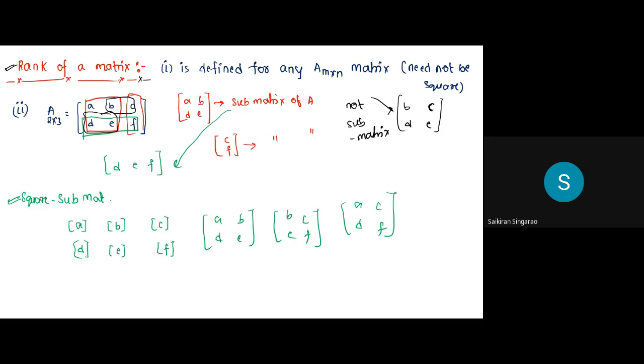So the first point is, what is rank? I haven't taught you yet, but before understanding rank, you will have to understand some basic points. The basic point is, for any matrix of order M cross N, you can write submatrices or square submatrices like this. Correct? Now I will go to the definition of rank. Please listen to this carefully. Very interesting point this is.